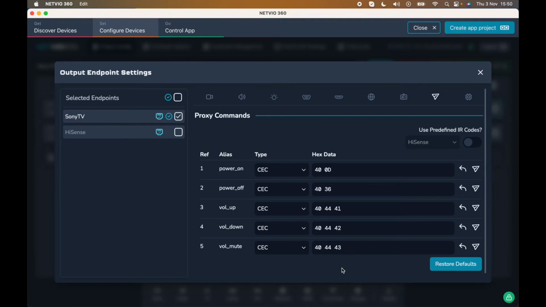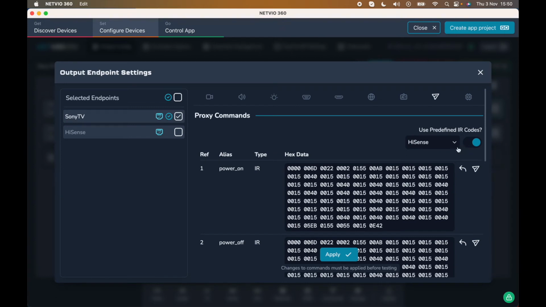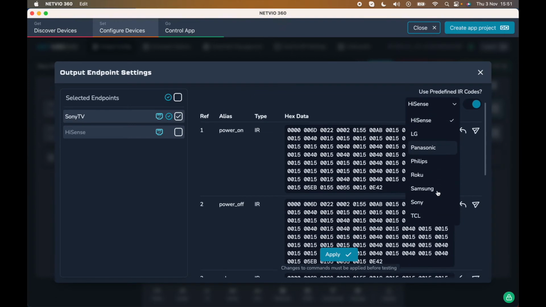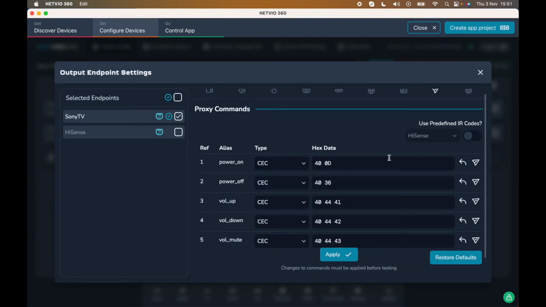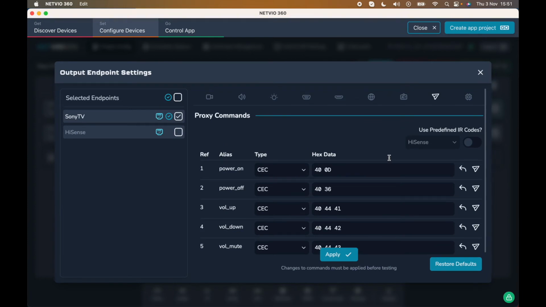If you are using IR for control, you will need to connect an IR emitter to the output of the RX. We have many brands of IR code pre-configured within our database. Simply enable use predefined IR codes and select your manufacturer from the list. If you do not see your manufacturer in the list, simply select IR from the drop-down list next to the command type and paste your IR code as pronto hex into the hex data,